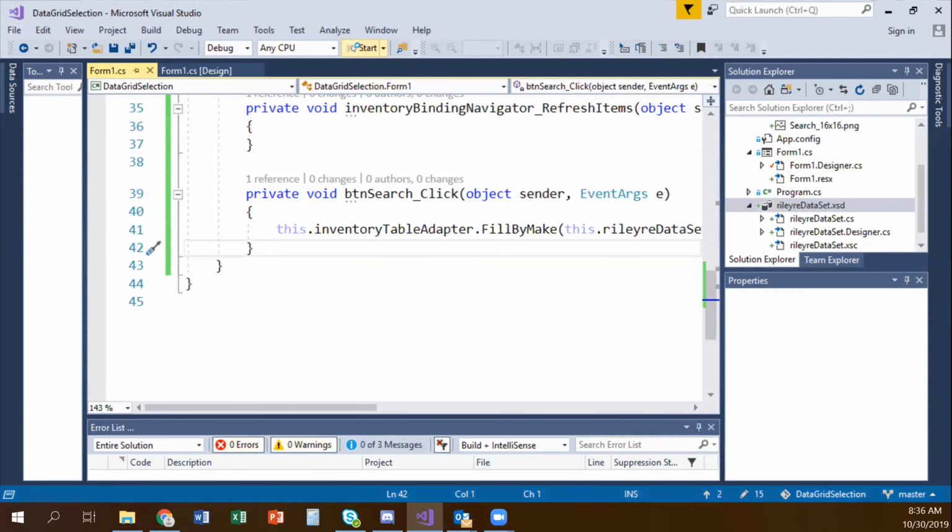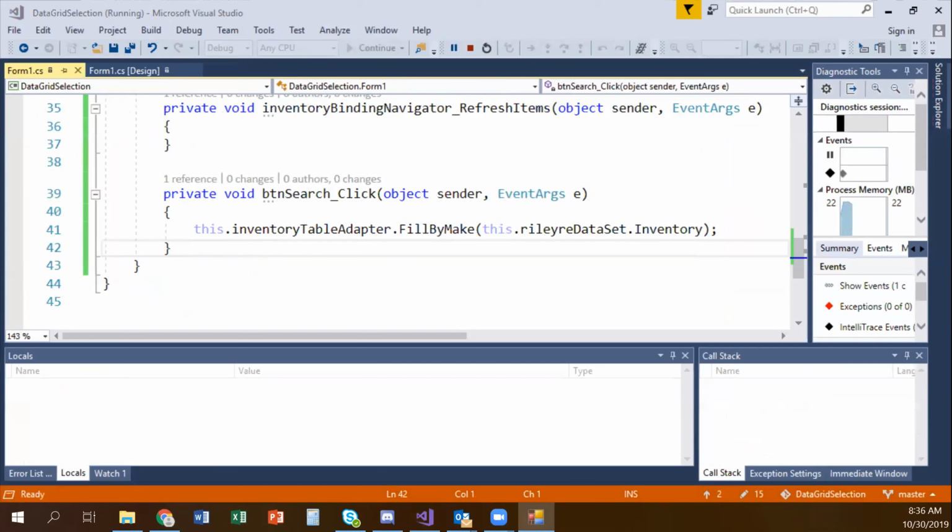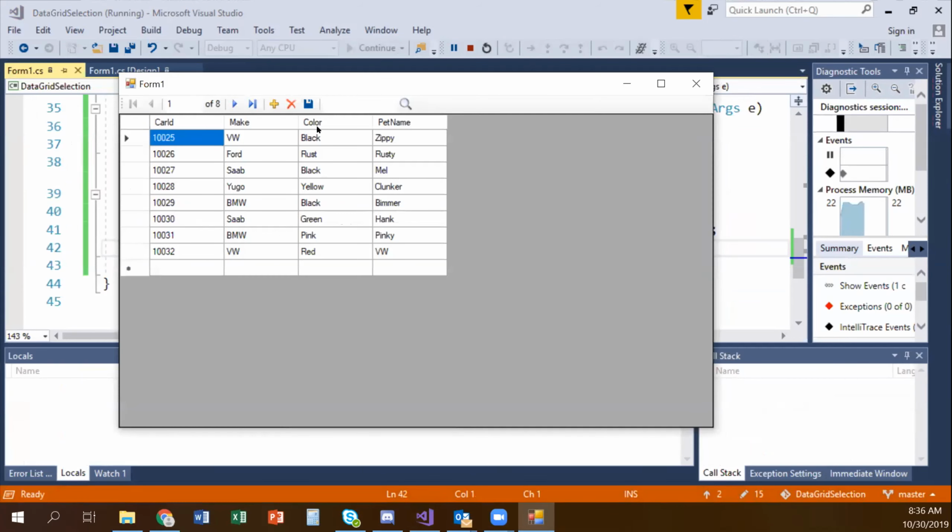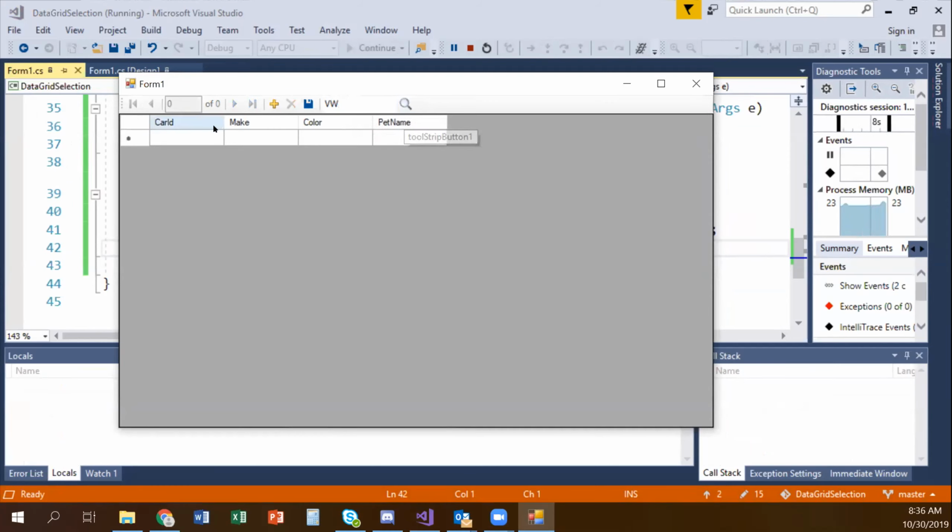Yeah, so let's see if I can at least get it to run. Okay, so our theory is we should be able to type in our make and then click our search button and have it just bring up whatever we typed in here. So I'll get with you guys on that parameter and we'll update this so that we can have that selection